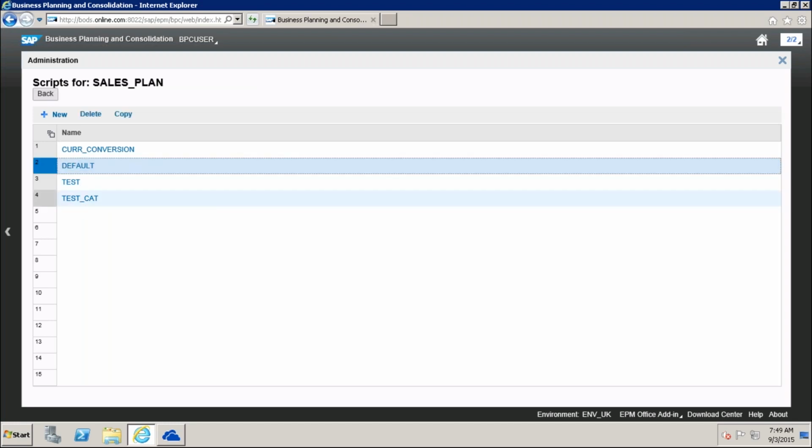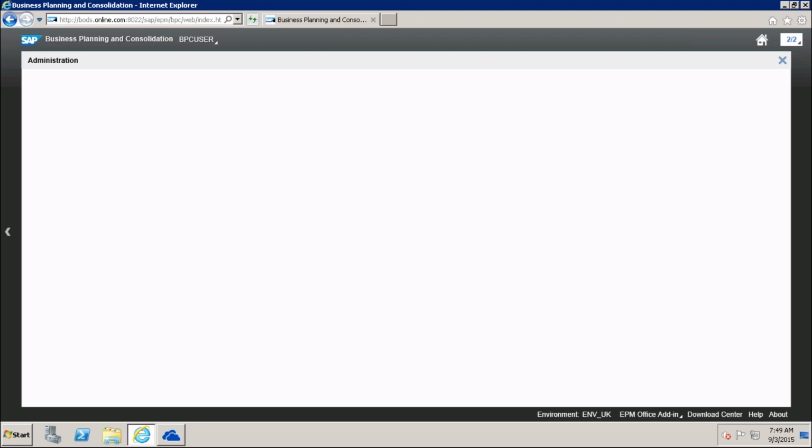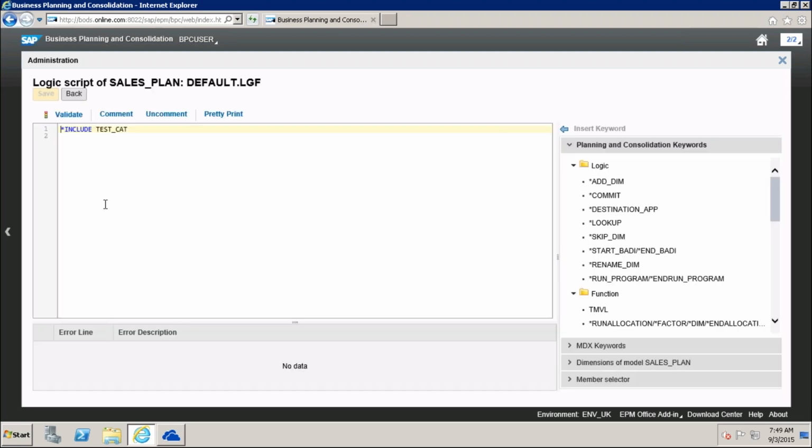When I go and click here, test underscore convert actual to forecast, I included this one, validated it, and I'm going to save.